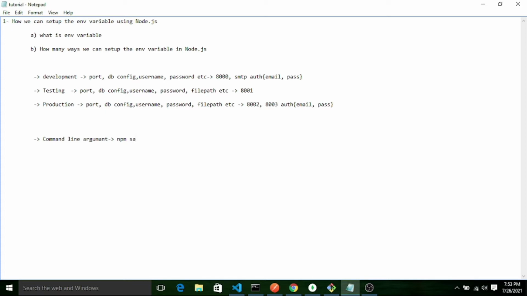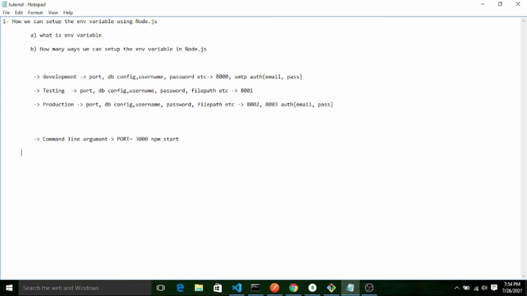Here, I can declare a port when I am running this command, equal to something like 3000, and npm start. So with this command, which is the fixed command, I can also pass some values while I am starting my server. So this is one way.